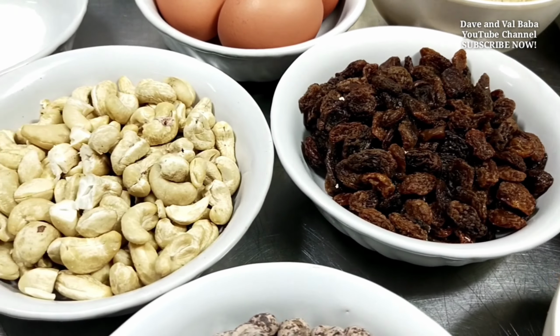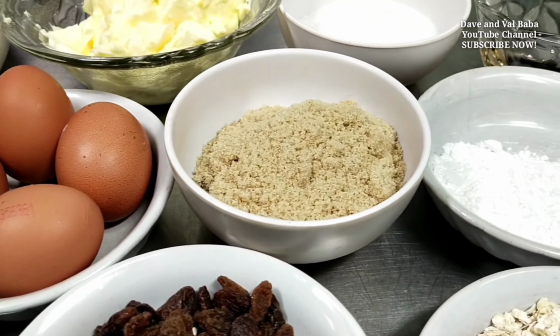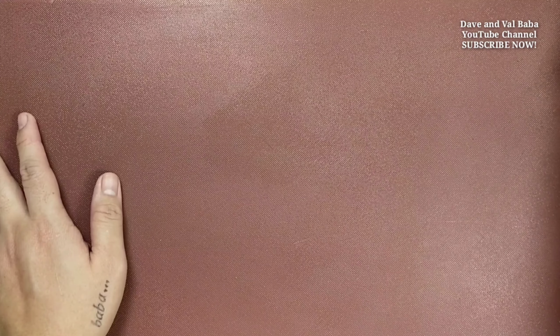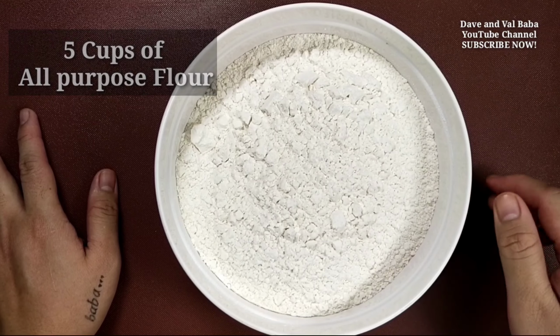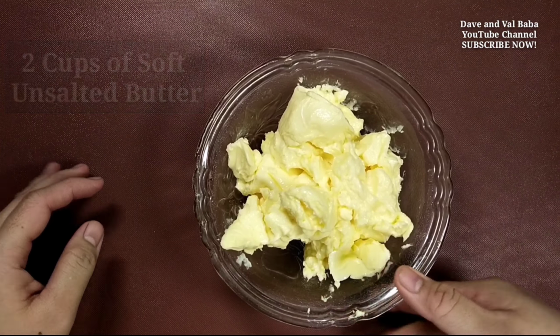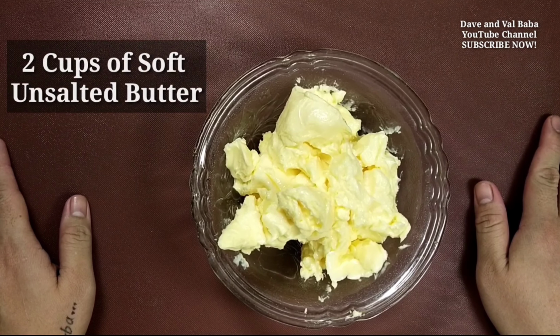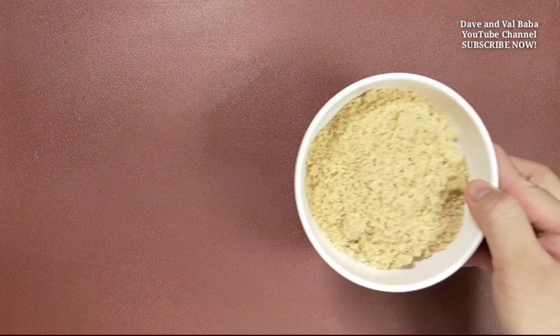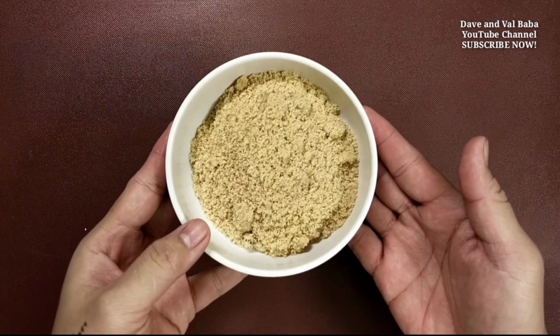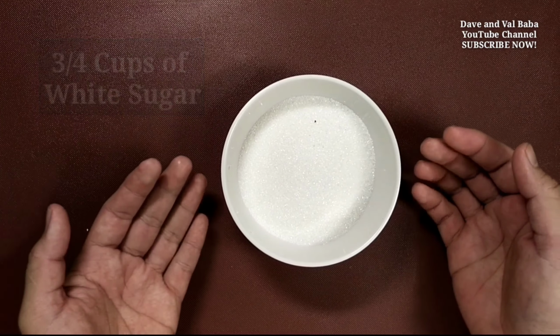Now let's start making the simple, delicious, and crunchy fruit and fiber cookies. For the ingredients, we need 5 cups of all-purpose flour, 2 cups of soft unsalted butter, 1 1/2 cups of brown sugar, 3/4 cups of white sugar,